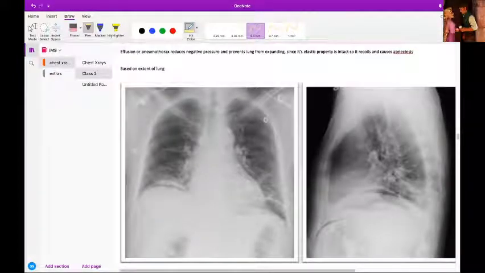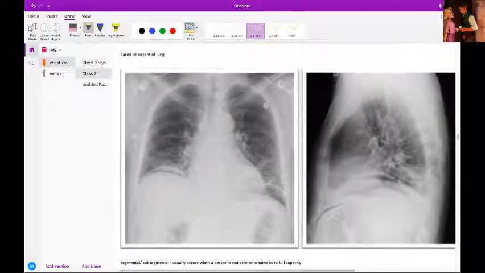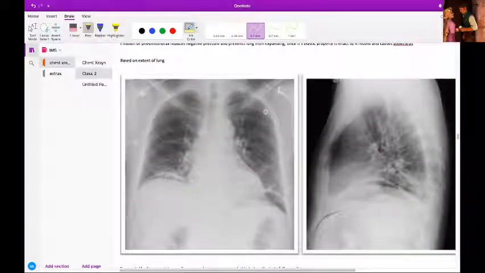No, it's not. So basically, what happens here? Forget the air under the diaphragm for now. Are all the ribs visible? Normally the ribs have to be seen. No. Okay. So basically, this patient has had an